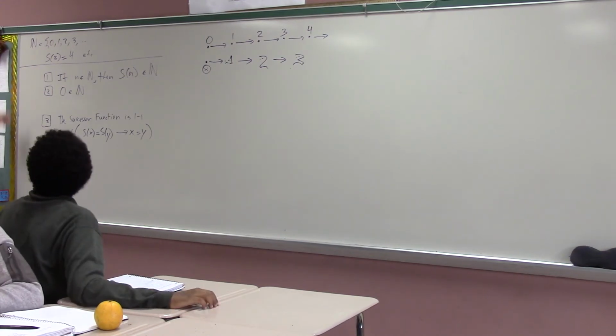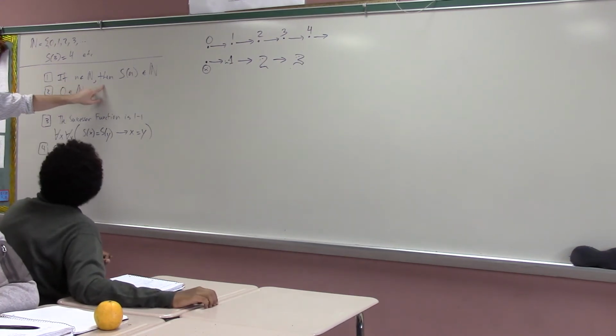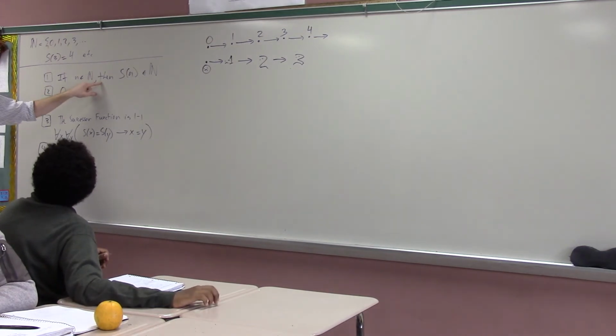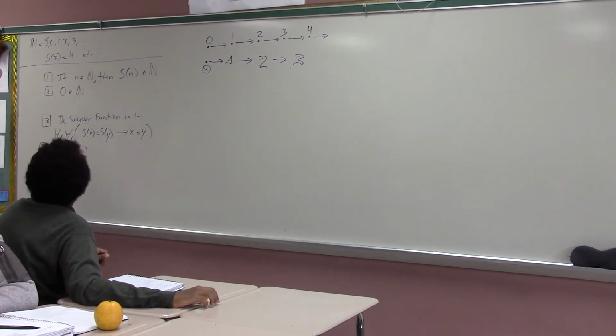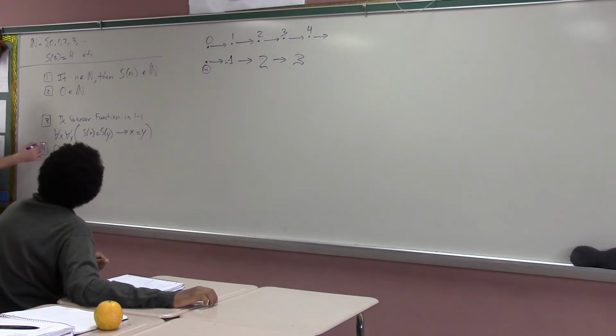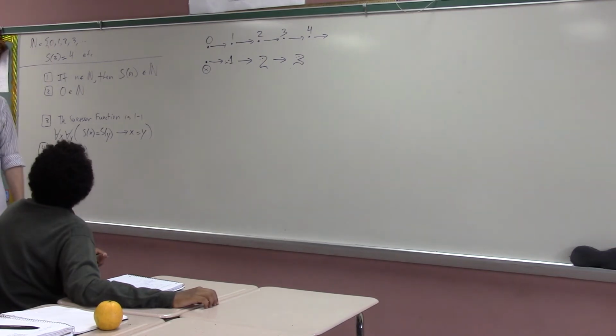Okay, does every number have a successor? Yeah, 0 is a number. Is this function 1 to 1? Yeah. Is it the case that 0 is not the successor of any number? Uh-oh. Wait, kind of a problem with our axiomatization.